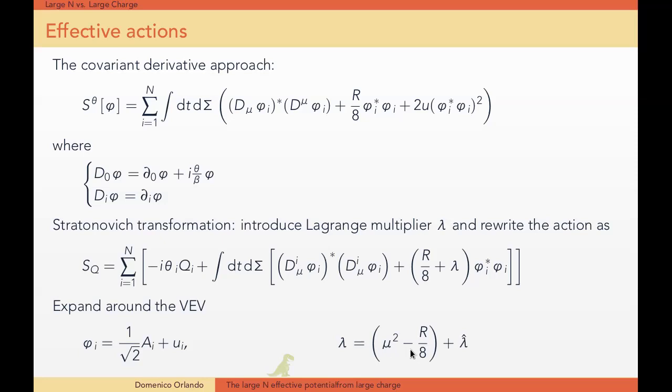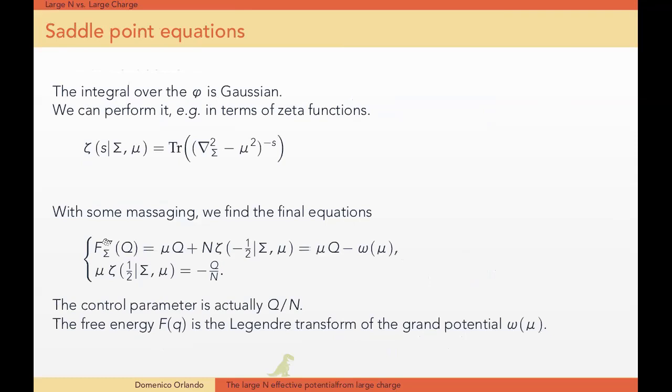Okay, and this VEV will be important because that's where the large N physics is all contained. But in fact, technically everything is very simple. It's just a Gaussian integral that you have to do at this point. And this Gaussian integral you can regularize as you like, but for example, it's nice to regularize it in this